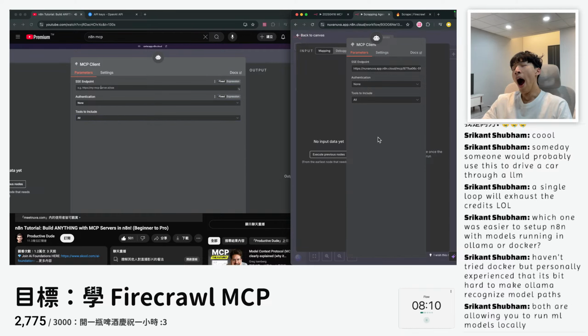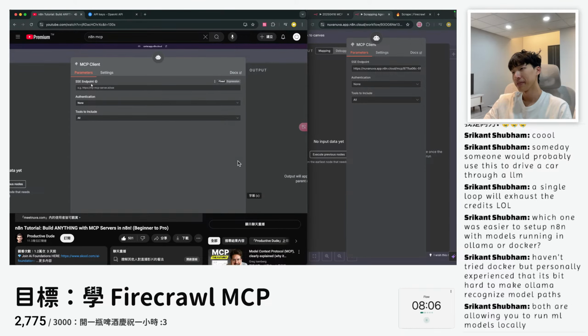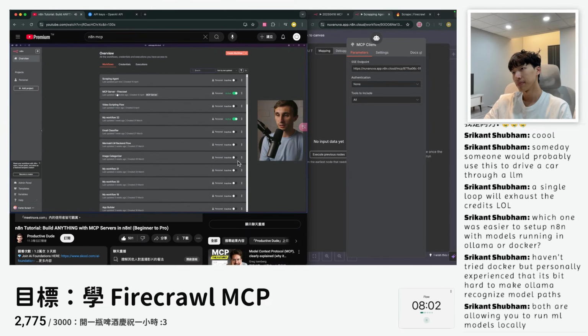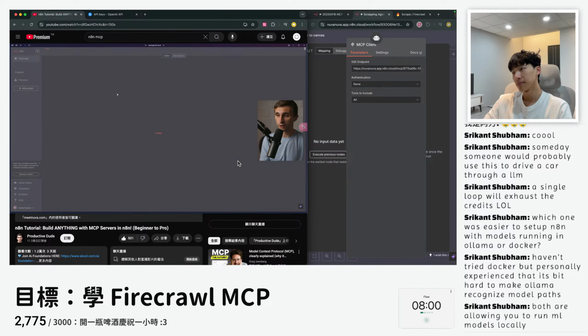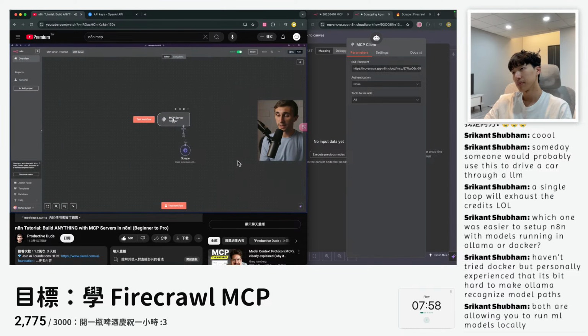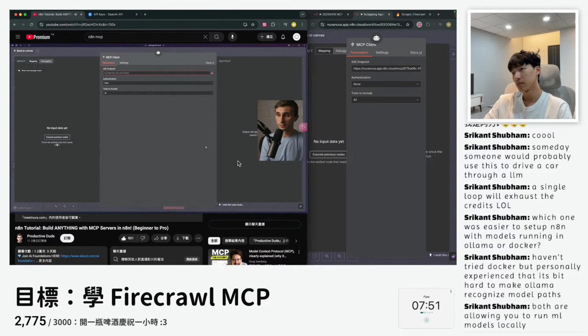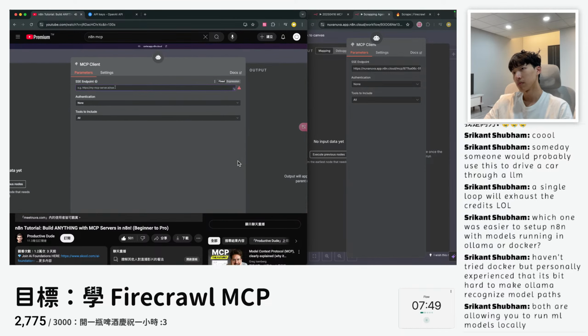And all I'm going to need to do is go grab my URL that I have in my other workflow. Keep our progress. Then I'll go to my overview and I'll click into my MCP server for Firecrawl. Then I'm going to click back into the MCP server trigger, Canvas, agent, and I'll click into this MCP client tool and I'm going to paste this right here. And now this will be able to access that tool.